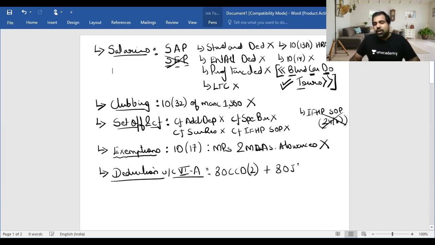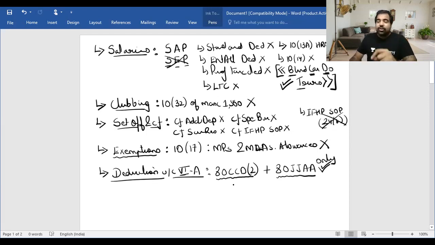Plus 80JJA, job add, only these 2 are allowed. Remaining else, nothing is allowed. So here we'll see the opposite, which are allowed, only these 2 are allowed. The intention is the government wants people to at least contribute some part to NPS, and hence employer's contribution is allowed. And the government wants people to have jobs, guys. Remember the job add. So hence these 2 are allowed.